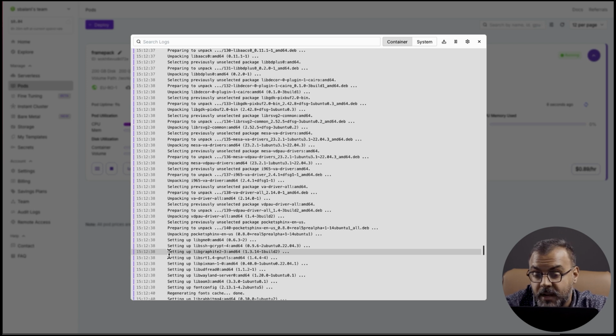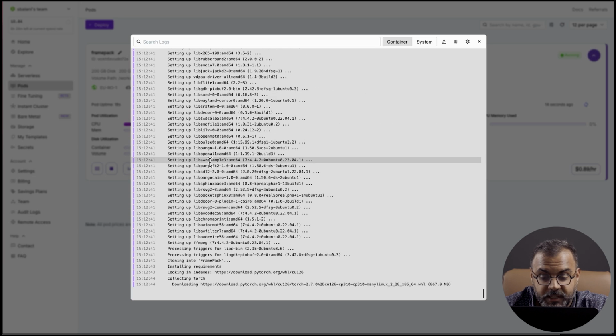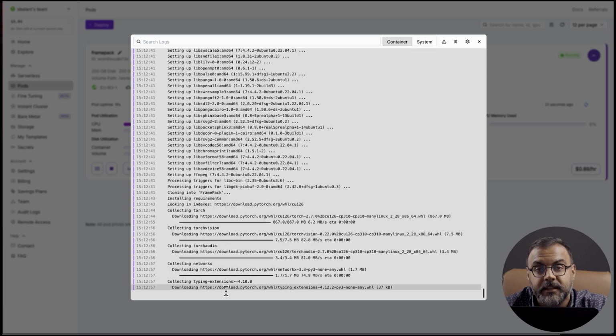So if you're running this for the first time, it is going to take a few minutes to get up and running. But once it's done, you'll see here at the bottom of the logs that it gives you a Gradio link. Once you have that, just copy and paste that into your browser, and you'll immediately be able to